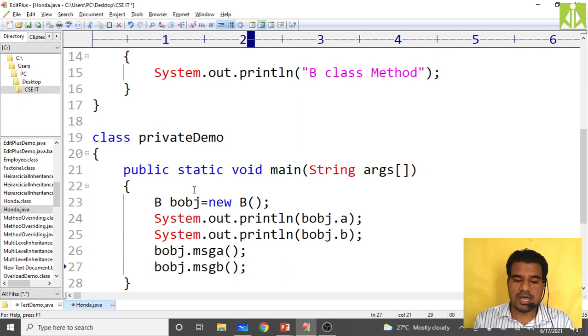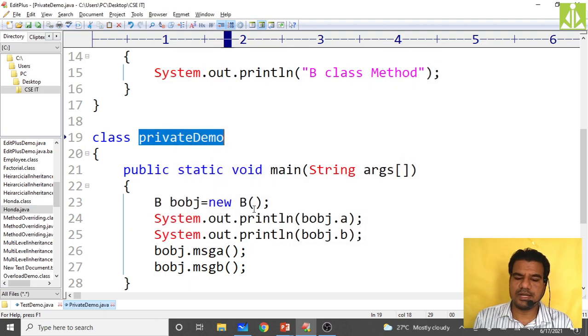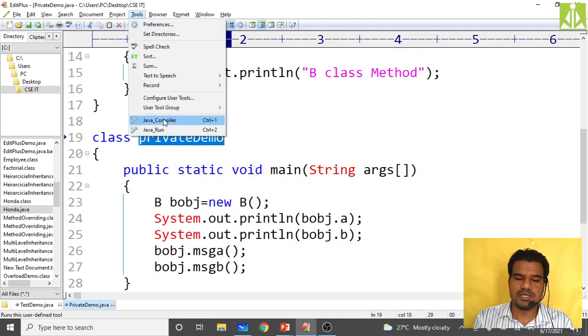Now save the program as PrivateDemo.java. Go to Save As, put .java, and if it asks to overwrite, just overwrite. Save it. Okay, tools, compile.